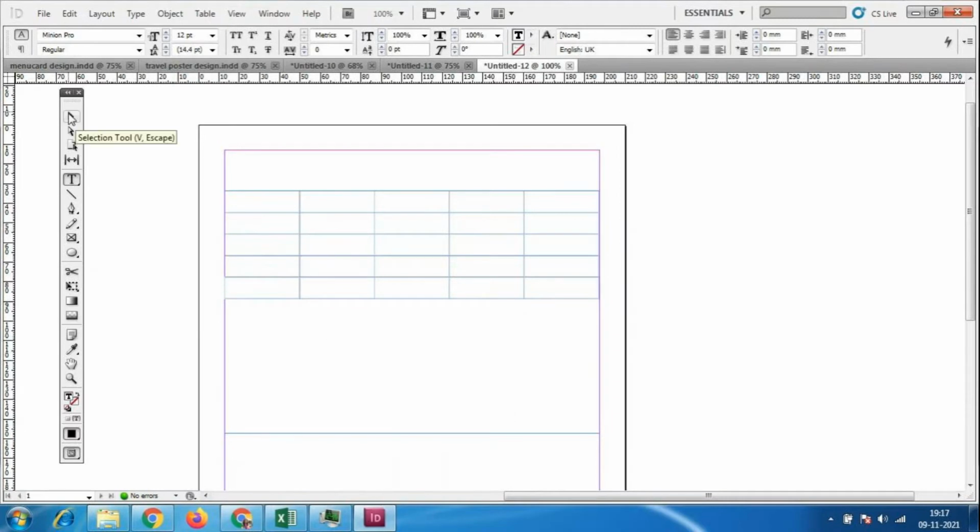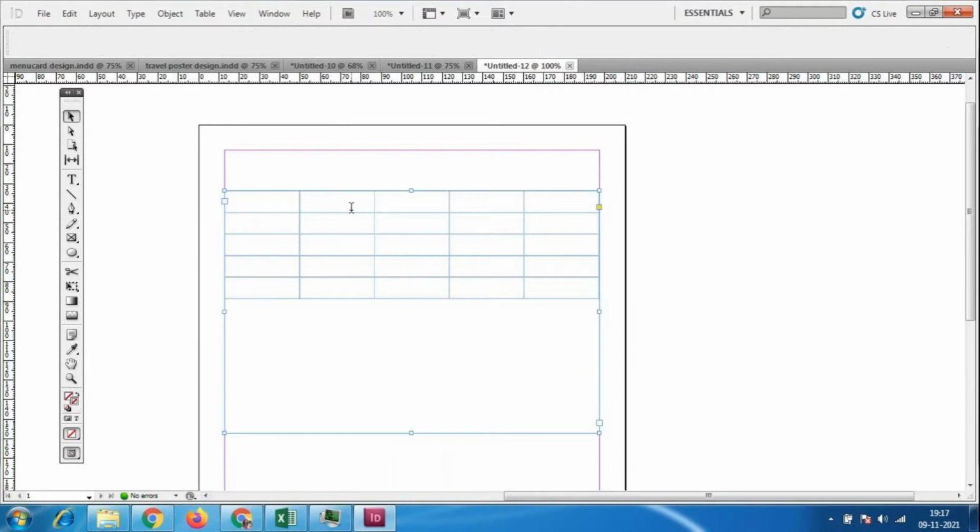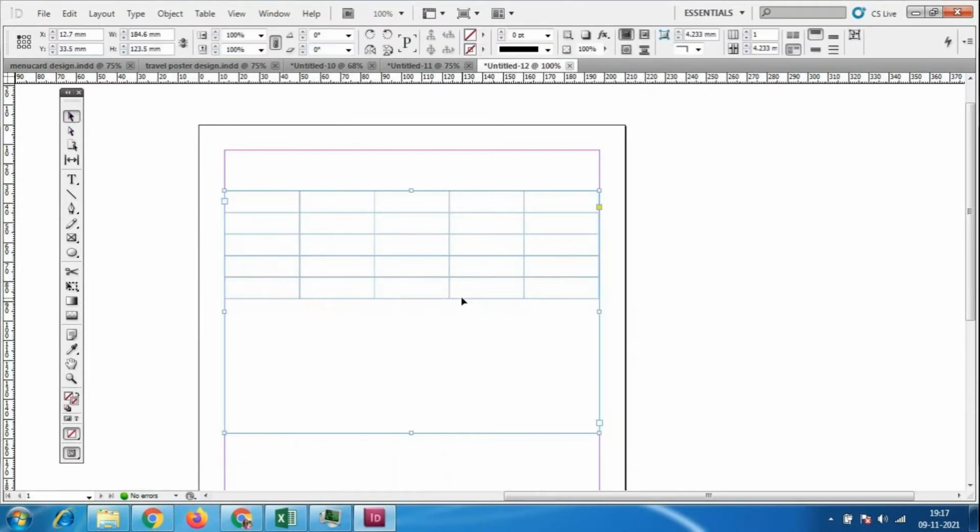so we can change the color of this. See, while double clicking on this box, otherwise if we select like this, we don't have many options. Whatever options we get in the text, only those options are there.